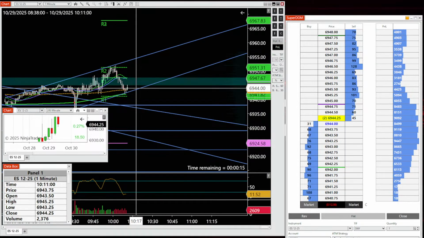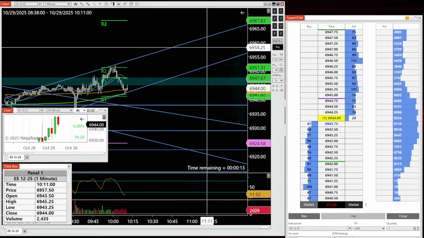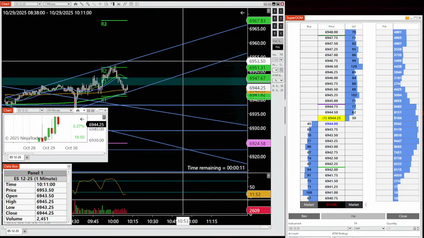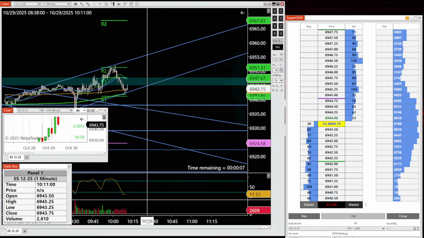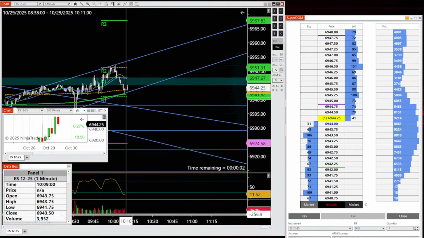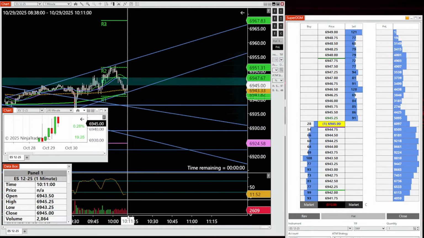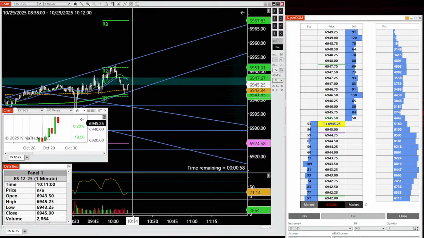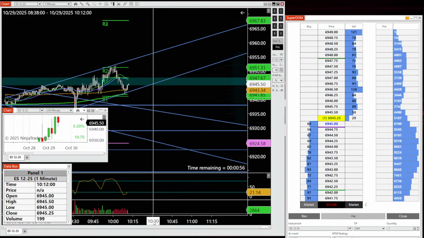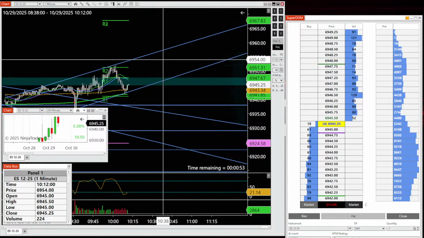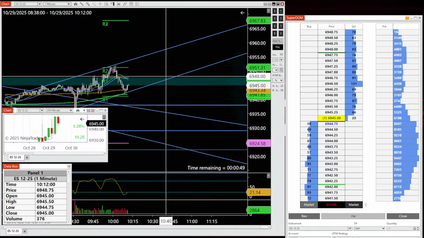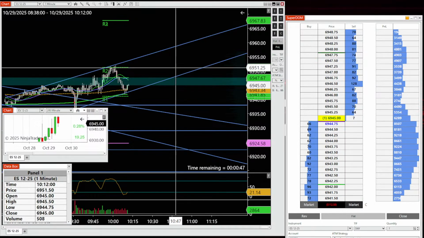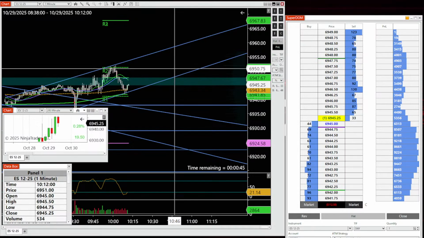So if we want to get up into this area, my time is off down here, don't know why. What time is it? It's about 10:12. Okay, 10:30. Like I said, it may take till 10:30, 11 o'clock to get up, if we're going to get up past here.